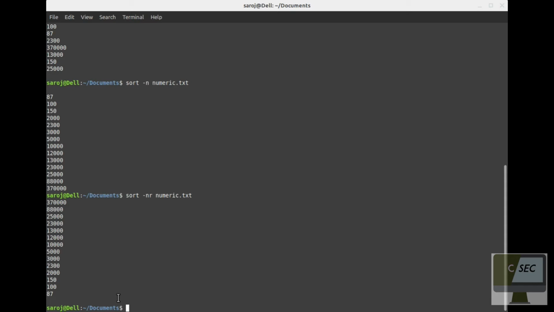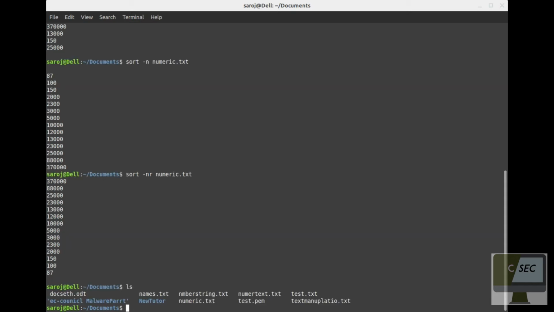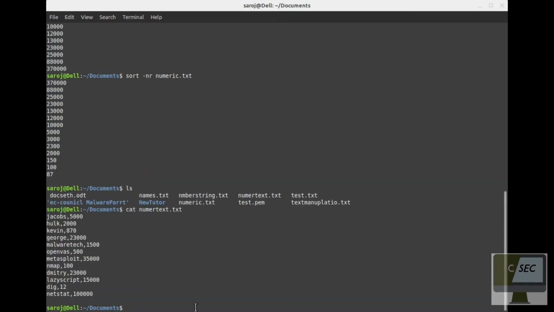Now let's see some of the advanced options that we can use with the sort command. I will do ls, and I have made a rough text file. If I cat the file, you can see on my screen that there are some names and numbers which are separated by a comma.